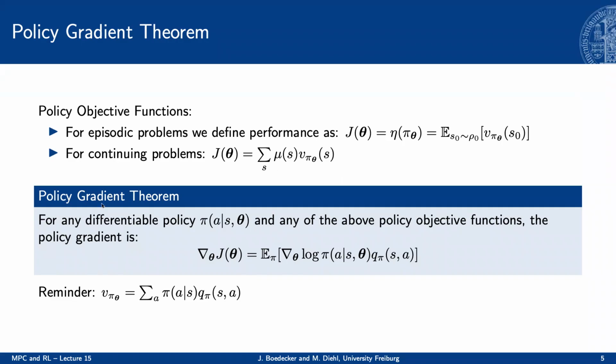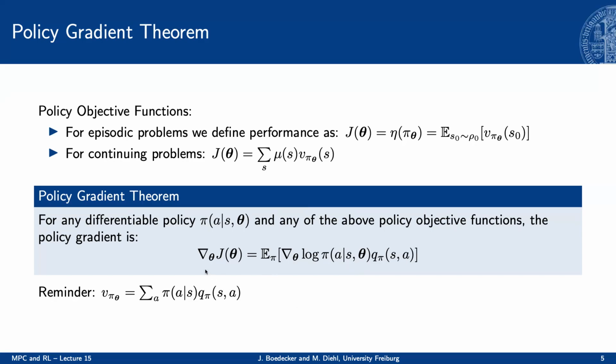So how can we make progress? Still, what comes to the rescue, and that's something that we'll just introduce here without deriving it, is the policy gradient theorem. That states that basically, as long as you have a differentiable policy, pi of a given s and parameterized by theta, and any of these objective functions that we have up here,